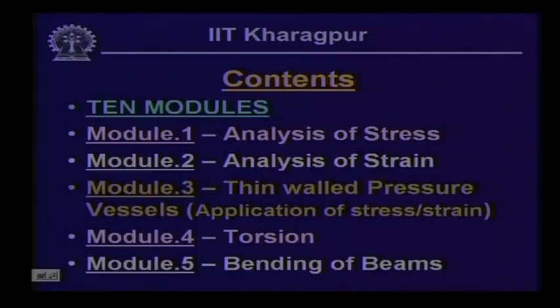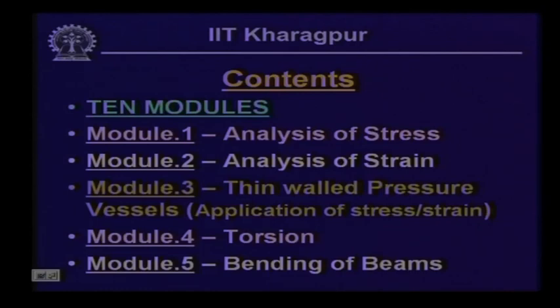Now, the course on strength of material is designed in such a way that it covers the basic aspects of the first course on the strength of material. It is expected to cover the entire course in 40 lessons, each of 1 hour duration, and the whole course is broken up into 10 modules. In module 1 we expect to complete analysis of stress, and module 1